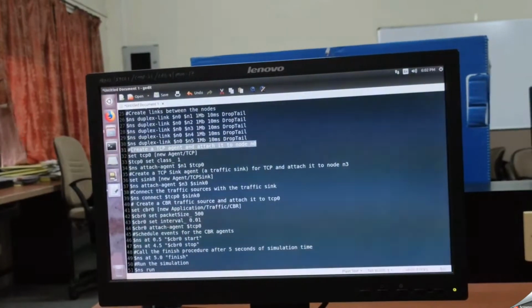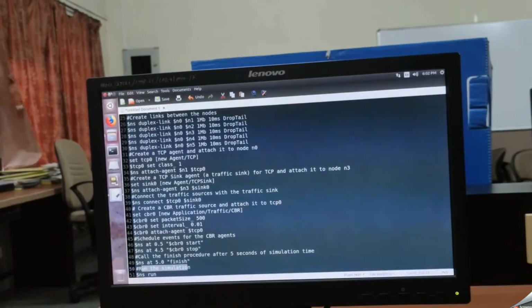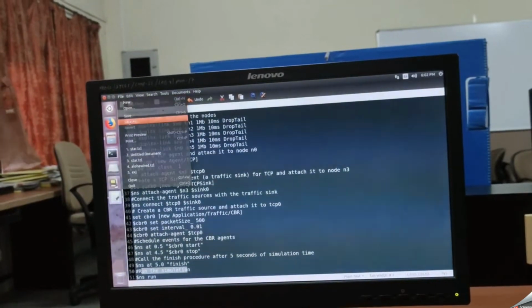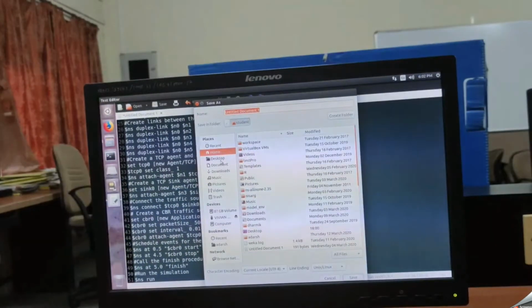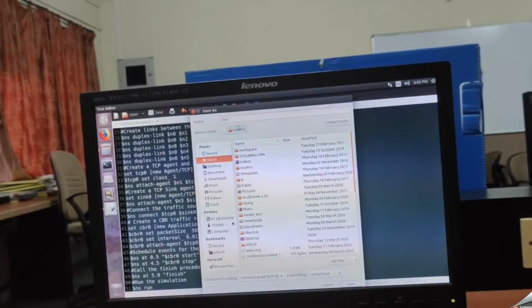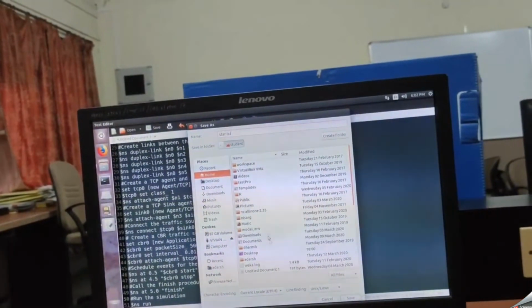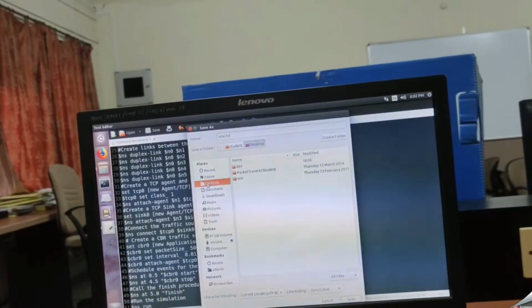CBR stands for constant bit rate. So I'll save this and the extension of the file will be .tcl. So the file name is star.tcl. TCL stands for tool command language.